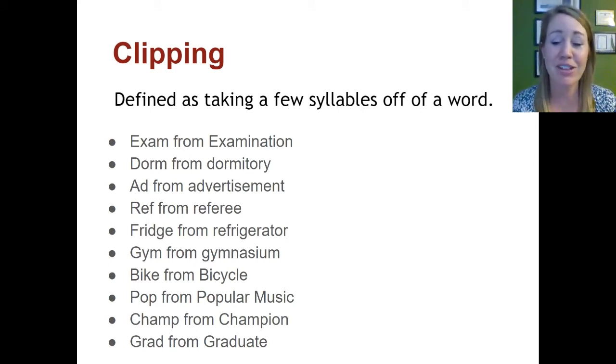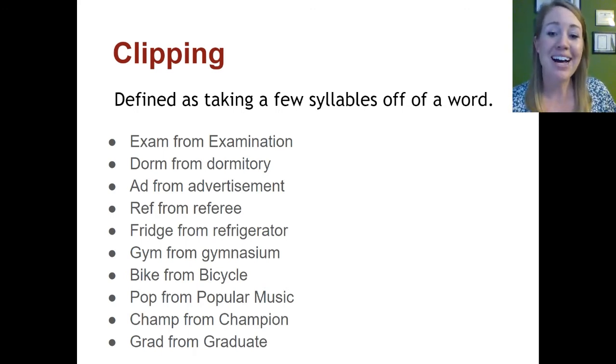So there's some examples of clipping. Now, some words we've clipped for so long, and they've existed as clipped words in our language for so long, that we often forget they're clipped. For example, with pop music. So I listened to pop, right? I had no idea for the longest time that that was a clipping of the word popular. I actually thought it was a little weird to call something pop music like soda pop, right? But that's not where the word came from. It was a clipping of the word popular.